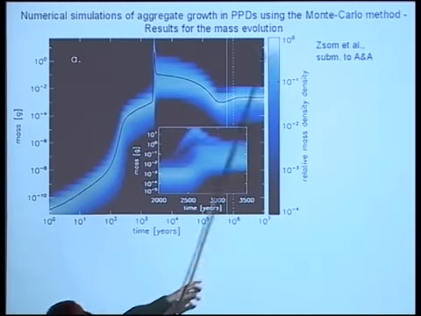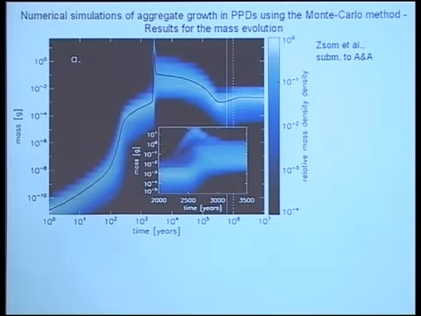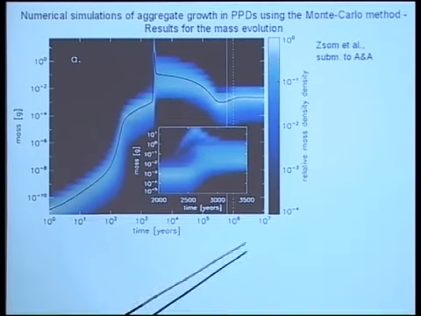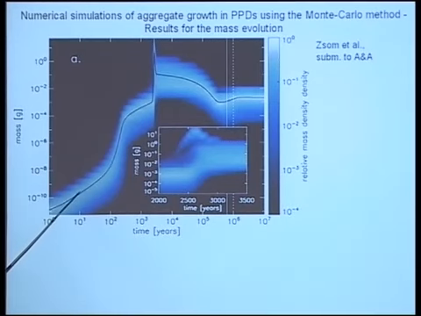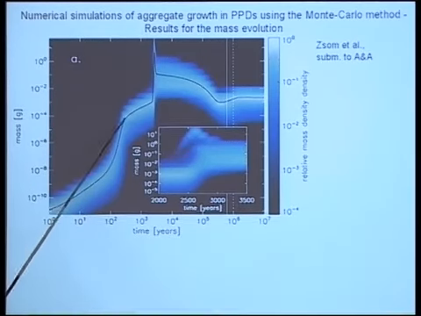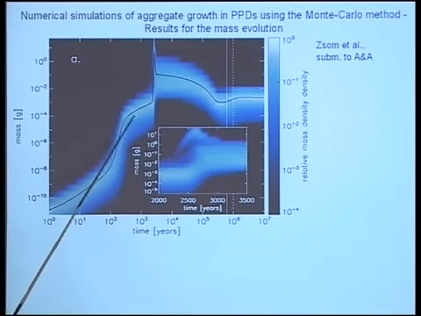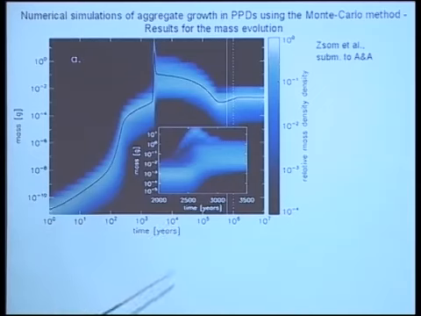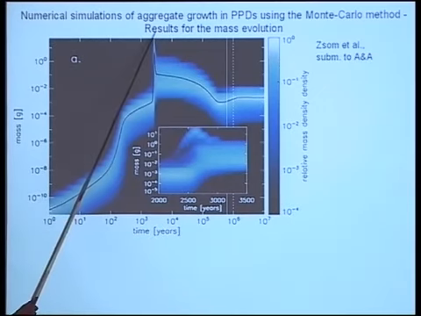Whatever happens right of these lines, sedimentation and drift timescales become important. This is the mass distribution given by color of the aggregates as a function of time, and we see some steady increase at the beginning. So the first 100 years it goes almost with a power law, then the slope of this power law, whatever law it is, changes. It goes up to about 10 to minus 4 or 5 grams. Then it's getting slower again, and then some magical thing happens within an extremely short time scale.